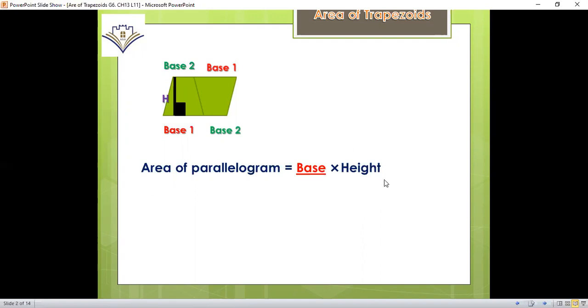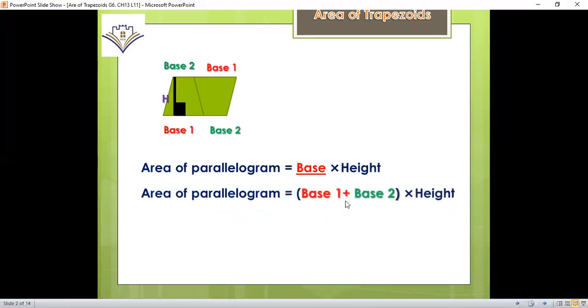We said that before. But we can substitute this base by the sum of both bases, base 1 and base 2, because here is the height and here is the base. The base is the sum of base 1 and base 2. Base multiply height. But not base 1 or base 2 alone, both of them. Then the area of parallelogram equals base 1 plus base 2